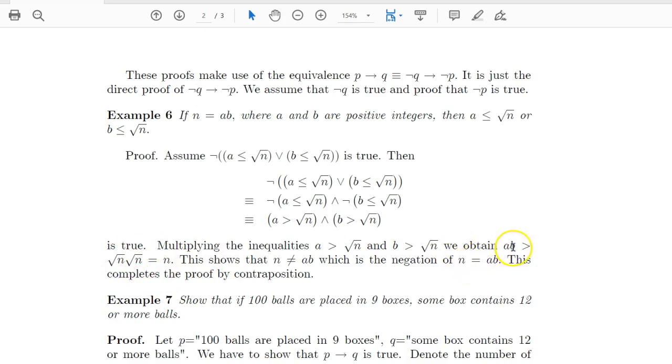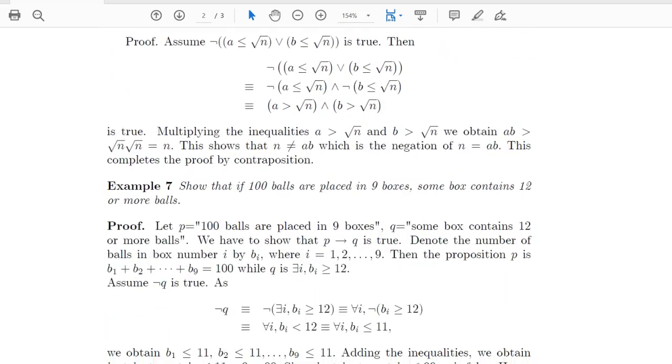But this means that AB is different from n, which is the negation of n equals AB. So we prove that the negation of the conclusion here implies the negation of this, n equals AB. So this completes the proof by contrapositive. Another example,